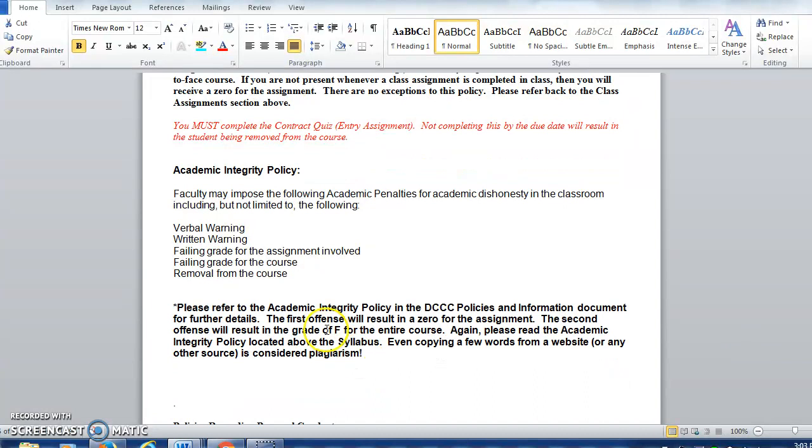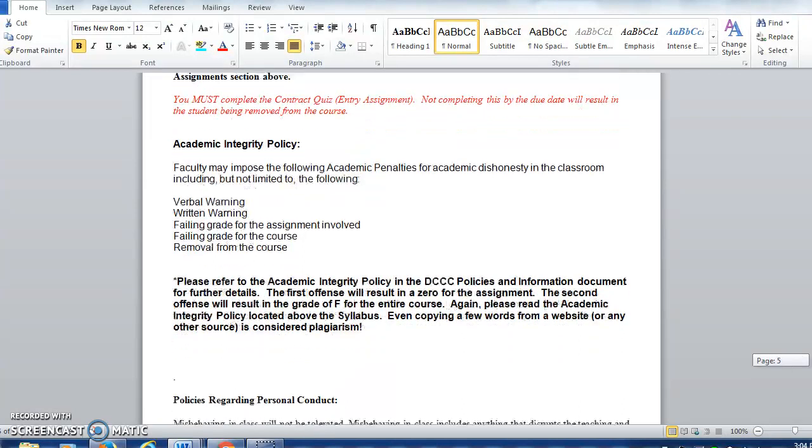Academic integrity. So every semester I have someone who plagiarizes. All right. Make sure that you do not plagiarize in this course for any reason. Never plagiarize. This is passing off your partner's work as your own. This is passing off an internet website, a book, etc. Anything that you try to pass off, anyone else's work that you try to pass off as your own work